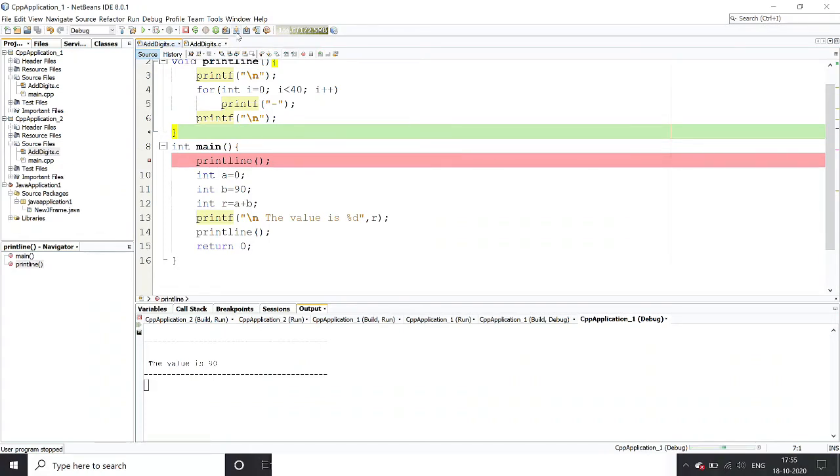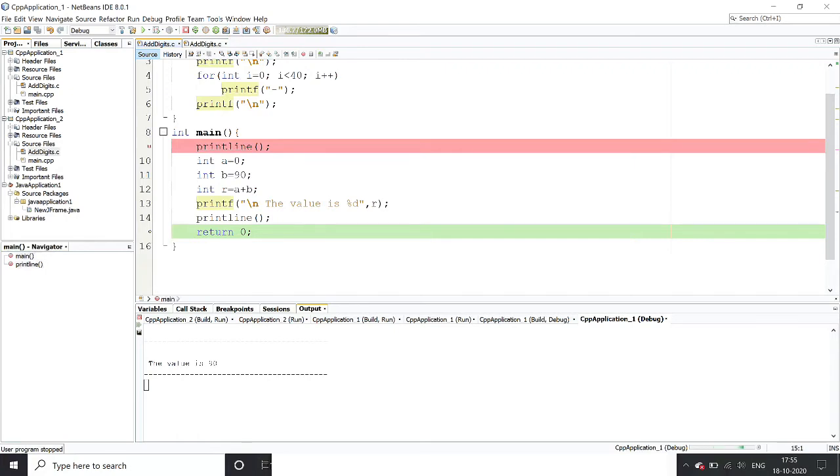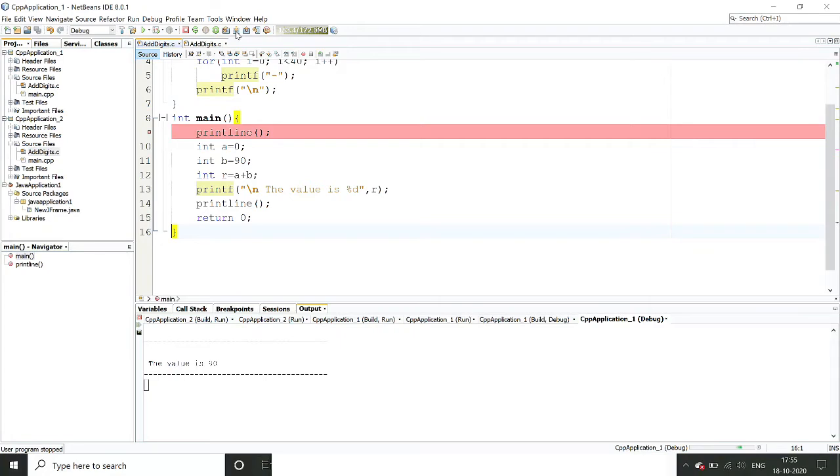Now if I press this button again, it will execute the complete function, and you have to return from here to where the function was called. The function has currently been called from line number 14, right? So the moment you press next, the control will come to line number 15, after line number 14. See, the control is here. Now if I run it, it will return, your function is done, and your program is done.